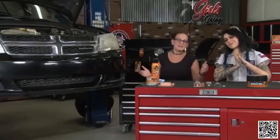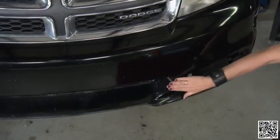Hey guys, welcome back to All Girls Garage. We have our 2012 Dodge Avenger in the shop, and we just finished doing brakes and motor mounts on this. Very, very needed. And now we're turning our attention to another very needed repair. A little cosmetic repair on this bumper. He damaged it hitting some sort of...